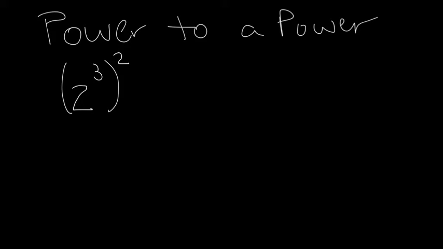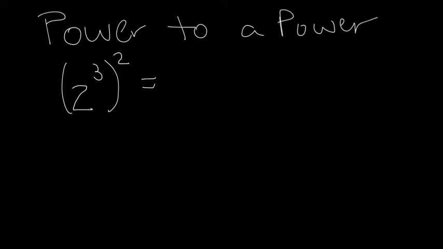When you have a power to a power, you're talking about a base with an exponent that's being raised to a power. It has an exponent on it. Exponent to an exponent. Power to a power. When you have something like this, well, let's break down this problem and see what it would look like if